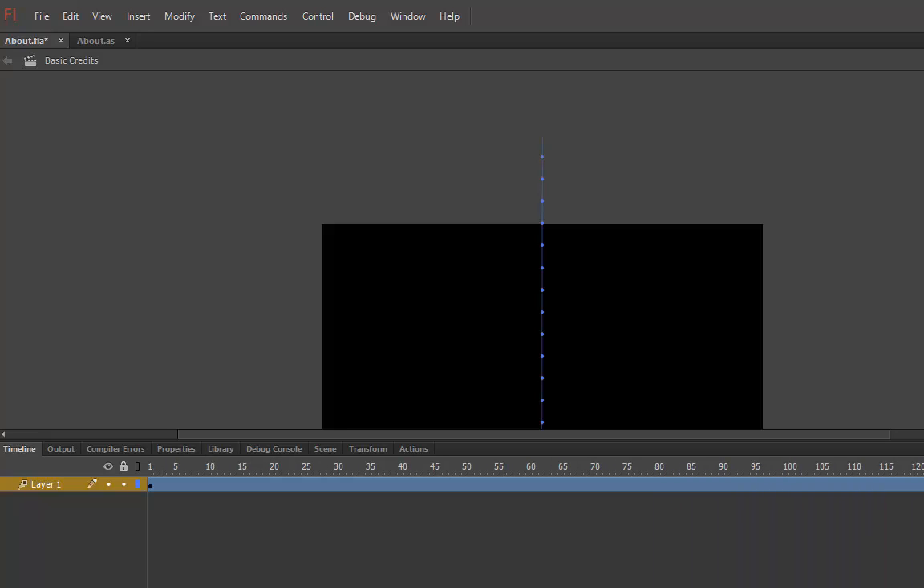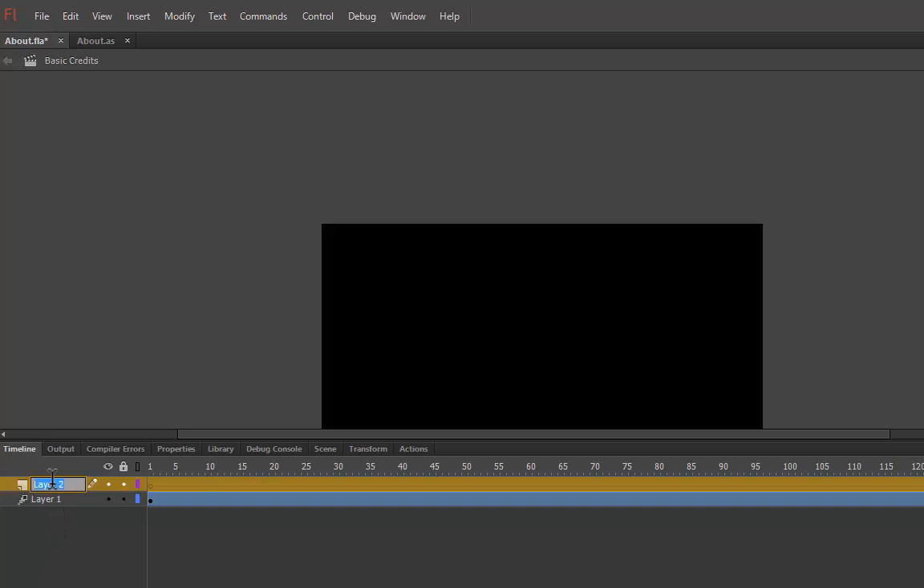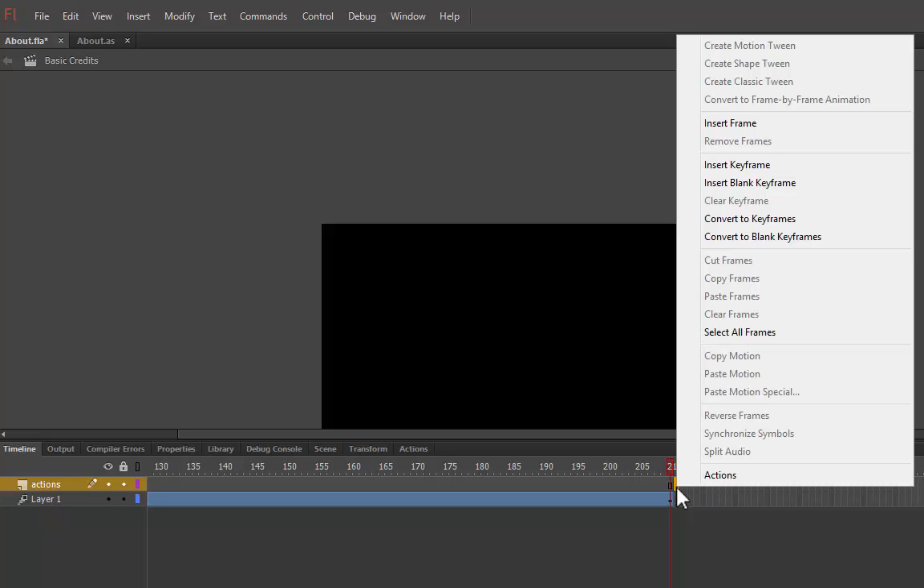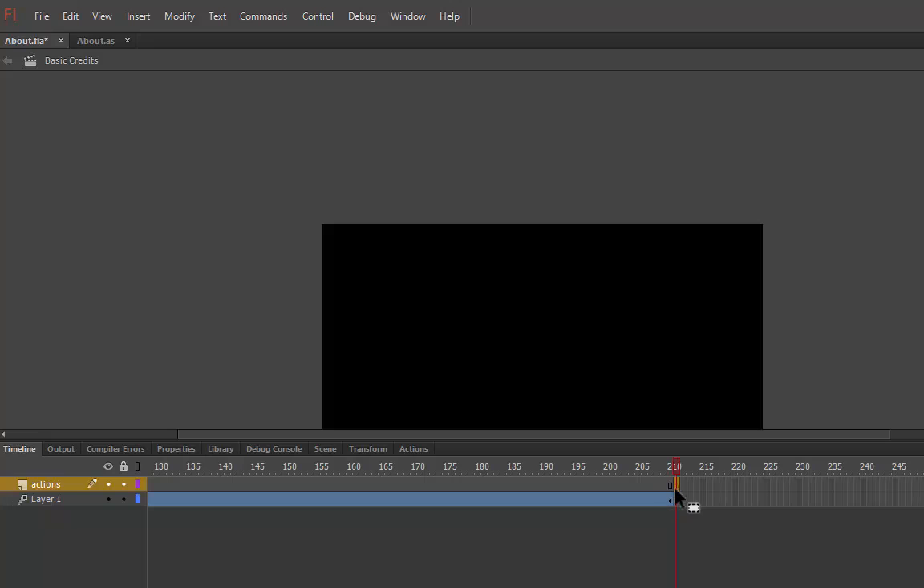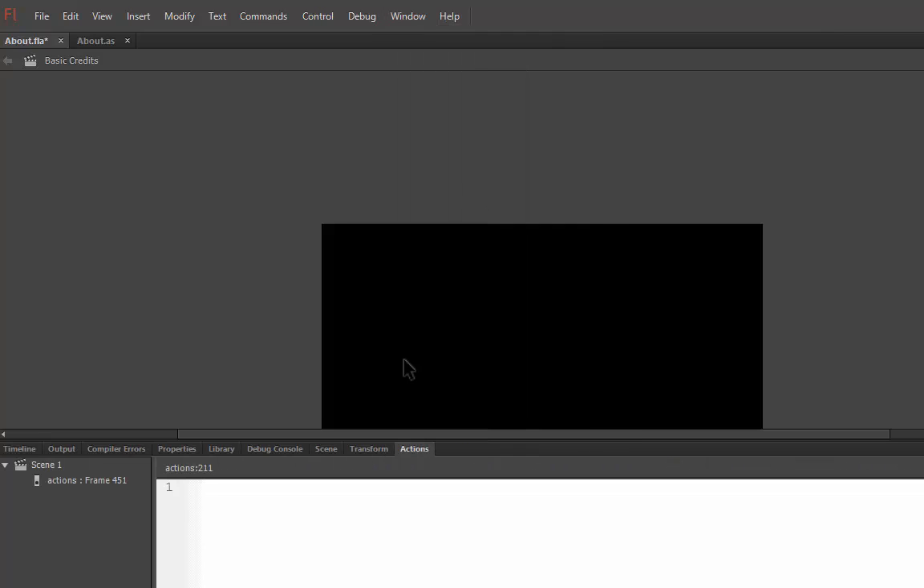So I'm going to create an actions layer. So in the bottom left of my timeline, I can click on new layer, and I can rename that to actions because I'm storing ActionScript code. And if I just go to the frame just past 210, right click and go insert keyframe, and then I'm going to insert some ActionScript in that. So I'm going to go Windows, Actions, and I'm just going to type the command stop,